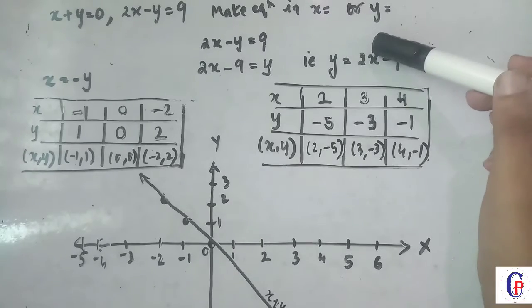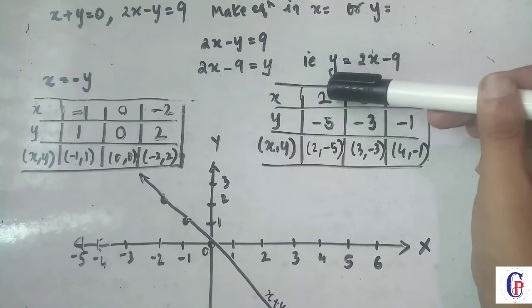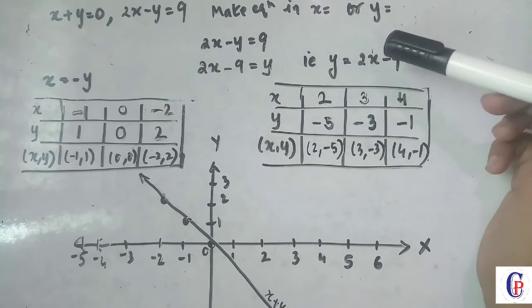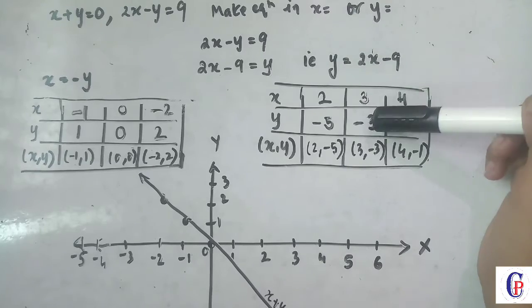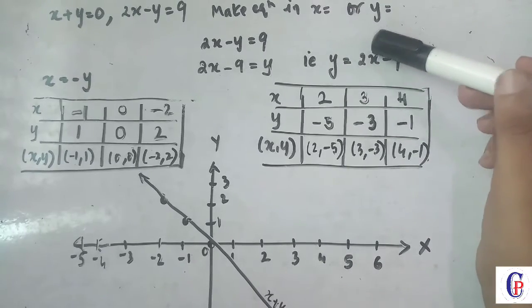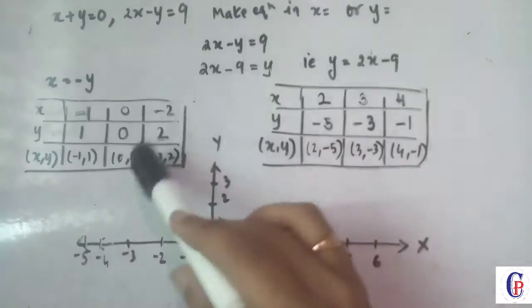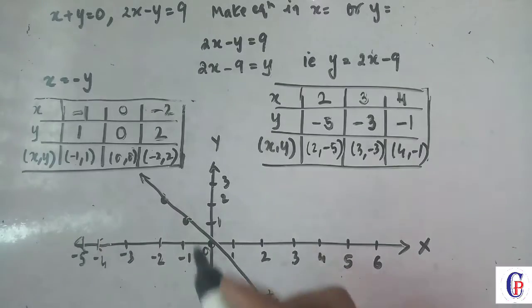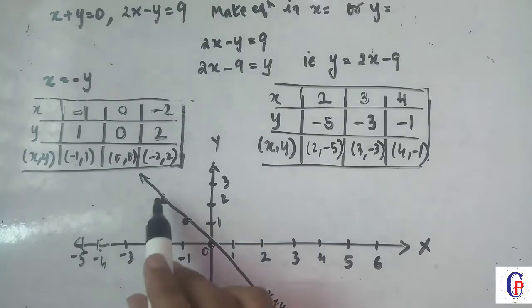So for here I have taken x as 2, so 2 2s are 4, 4 minus 9 is minus 5. वैसे x का वैल्यू 3 लिया, so 2 3s are 6, minus 9 became minus 3, and 2 4s are 8, मैंने 4 लिया x को, 8 minus 9 is minus 1. So once you get these two tables, you have to plot this. minus 1 comma 1 इधर है, 0 comma 0 and minus 2 comma 2.